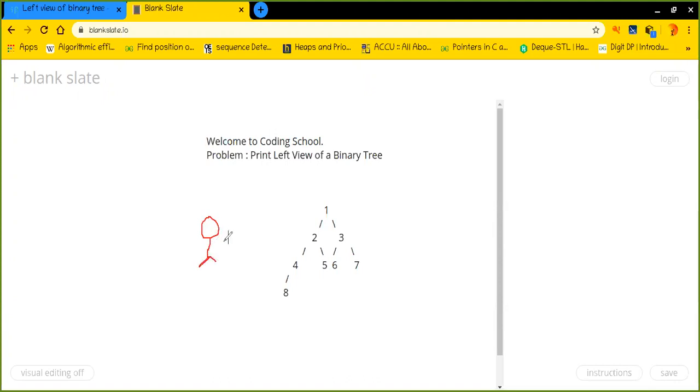He is trying to look at this particular binary tree. So he will for sure see this particular part, and all the internal nodes which are hidden by the front parts will be hidden. Only he can see this particular segment of this tree. So I hope you got the question.